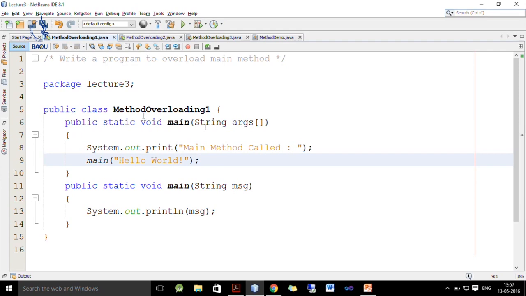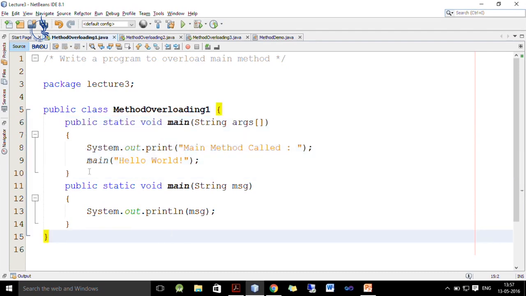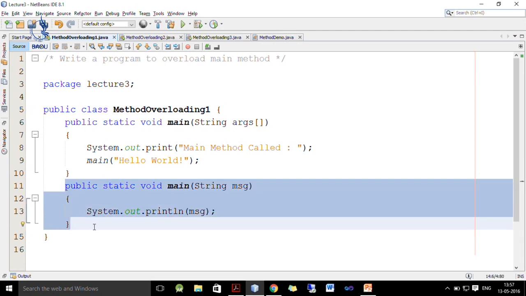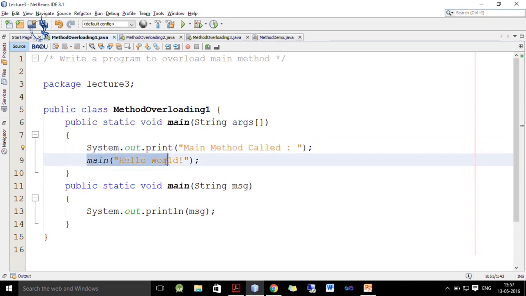Here this is the standard definition of our main method, and as discussed earlier, it calls this overloaded method which takes a string as an argument, and inside the main method we display the message main method called, and then we call the overloaded method by passing the message hello world.